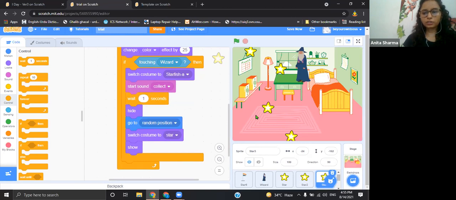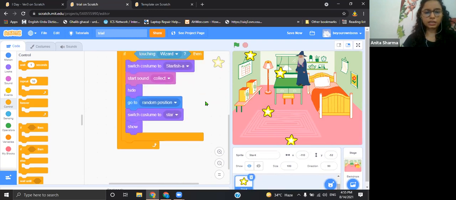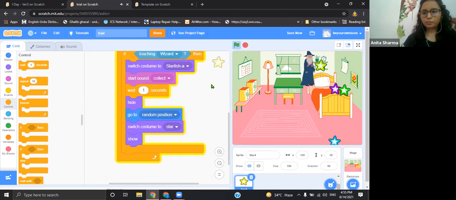Let's do this for the other star also. Right, this is the last star. Wait and use it here below this. Right. So now let's test it if it is happening or not. Oh, it is happening. See, all the time we are getting different costumes, different colorful starfish, right?